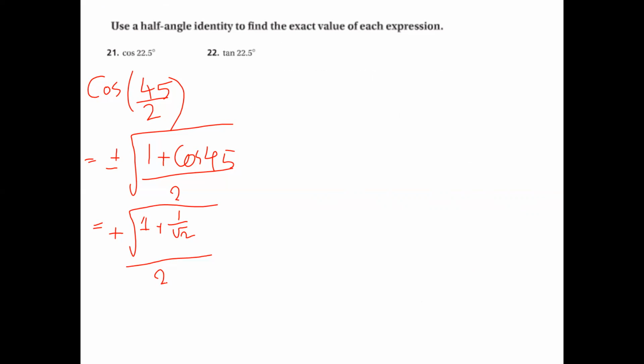Now, it is positive square root of (1 plus 1 over square root of 2) over 2. It will be square root of 2 over square root of 2. So it will be square root of 2 plus 1 over square root of 2, over 2. It will be 2 square root of 2. Now, on calculator under the square root,